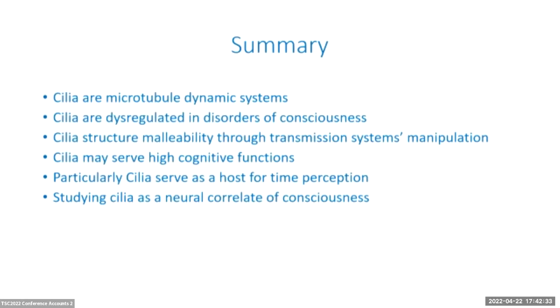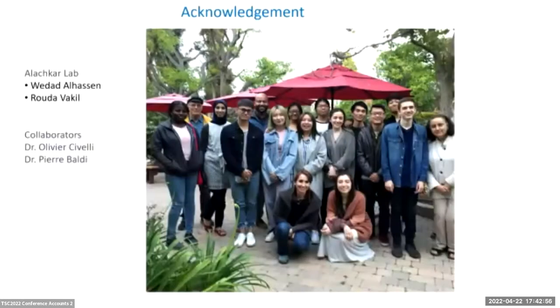And of course, currently we are continuing to study the role of cilia in different sides of the brain. For example, our recent data show that when we remove cilia from the hippocampus, we had deficits in spatial memory, even the long-term memory. So it's interesting to see how cilia in different sides of the brain might play different functions.